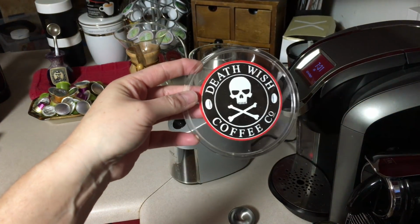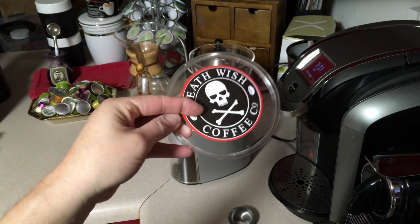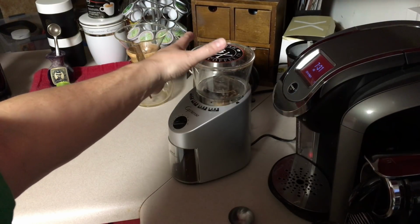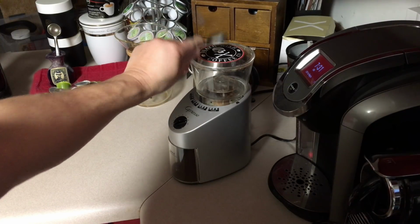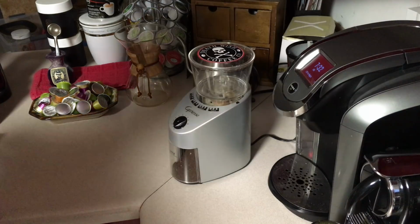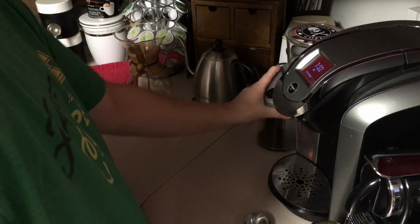And the reason that's there is because there were so many times that I had it on there in the morning and it was clear, and I just took my scoop and dumped it right on top. So now I know when the lid is on. Alright, so that's done. I had heated my water, but